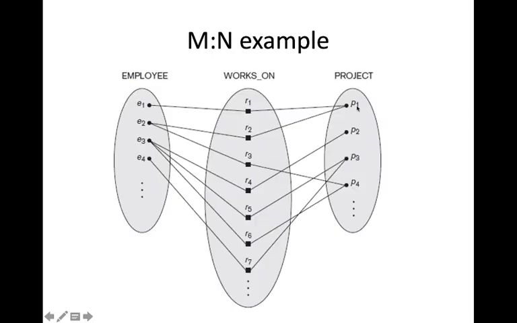And if you take the project side, in a project more than one employee can work. In P1, two employees are working, in P2 only a single employee is working, in P3 there are two employees, in P4 there are two employees. So that is why it is known as M is to N. We can have M number of employees and N number of projects, and n number of employees can work in a particular project. Similarly, an employee can work in n number of projects. So that is why it is known as M is to N relationship.